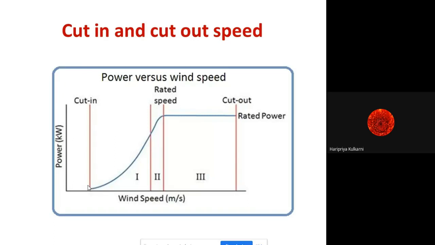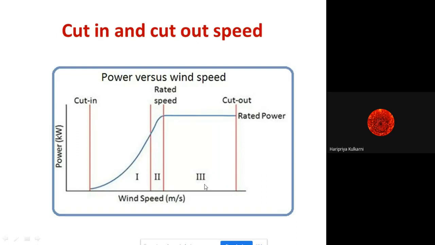But after, say, 3 or 4 meters per second, we can slowly start generating power, and your power generation starts. This is the first zone which I have shown here. As wind speed increases, power generation also increases. It has a limit. This is the limit on it. The second zone is actually the operating zone where we get a sufficient amount of power. We can get it in zone 2. This is the operating zone where we get better wind speed, and we can extract the maximum amount of power.